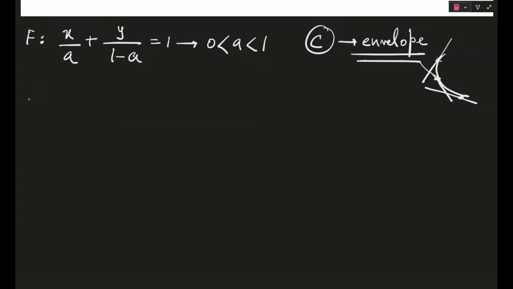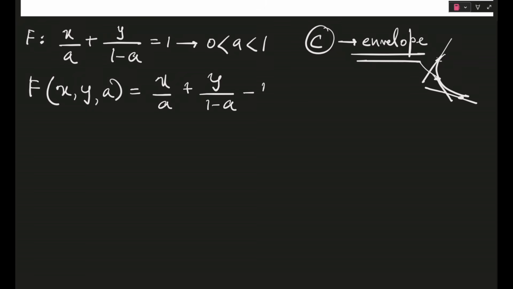But our main objective is to find out the curve C. So guys, what I am doing is I am writing this as a function capital F, and it is a function of x, y and small a. And it is given to be equal to x by a plus y by 1 minus a minus 1 is equal to 0. Now guys, if you remember what they said, that these lines are tangent to this curve. So if we differentiate del f by del a,